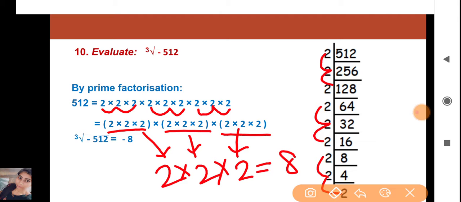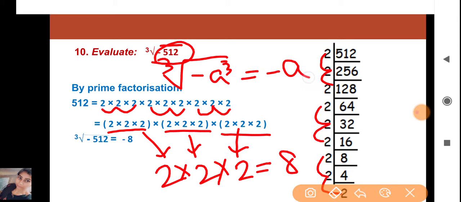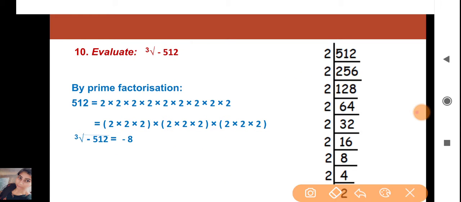Now just see, when I'm writing this minus this, I've already told you, the cube root of minus a cube will be equal to minus a. So you have to write minus a like this, or you can do one more thing. Everywhere if you write minus, let's see, from these three, minus minus plus plus minus minus, you will get minus 2. Here also minus minus plus minus minus, again you will get, sorry, minus 2.